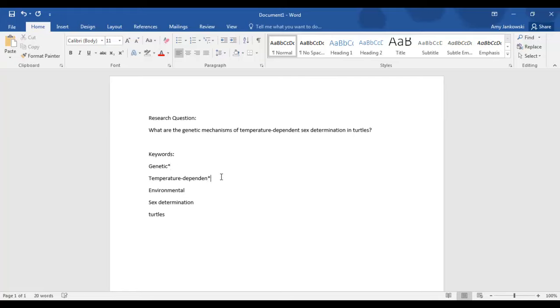We can also put it at the end of dependent, so we can have temperature dependent and temperature dependence. So I'm sorry, get rid of the T and then put it just after the N there. We might also want to use it at the end of environment, so we get environment as well as environmental. Then with the term sex determination, we might want to consider searching that as a phrase. So we can put quotation marks around it, which will indicate to the database that we want to find those